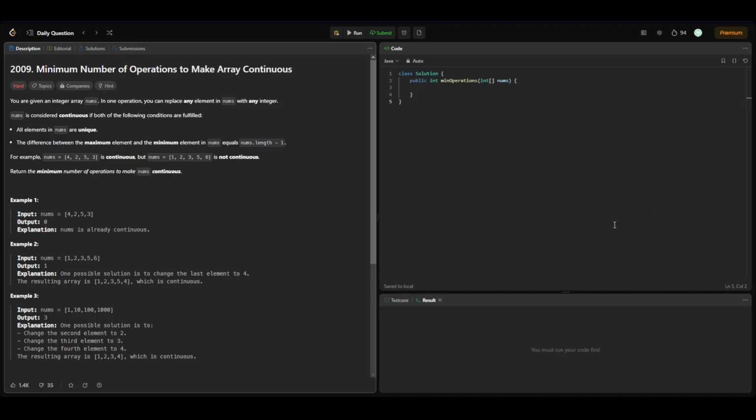Hello people, today we'll be solving LeetCode daily question 2009, which is minimum number of operations to make array continuous. In this we'll be given an integer array nums, and in one operation we can replace any element in nums with any integer. Nums is called continuous if all the elements in nums are unique and the difference between maximum and minimum element is equal to